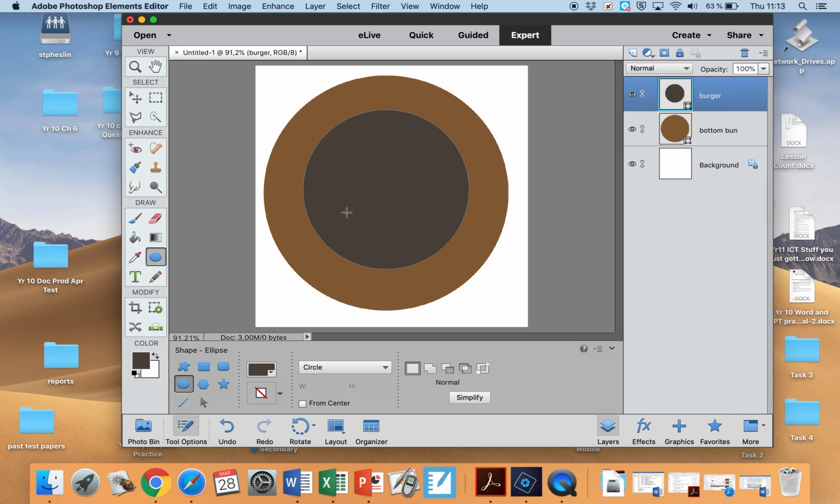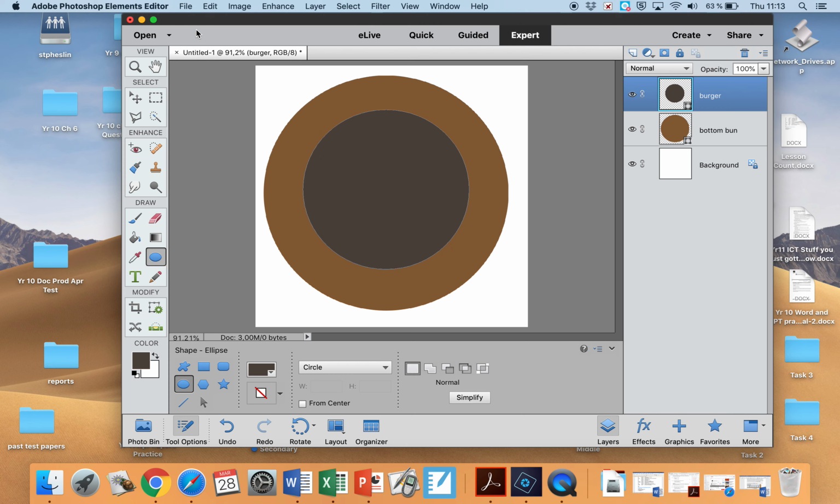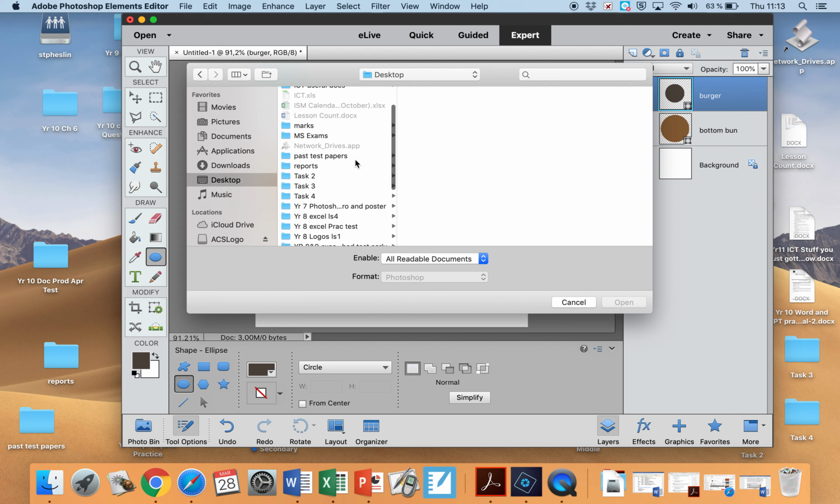Well, I like tomatoes with my burgers, so I'm going to put a tomato slice on my burger, and this is how we're going to do that. I'm going to go to File, go to Open, because I'm going to pick an image of a tomato slice, and I've got that on my desktop in,